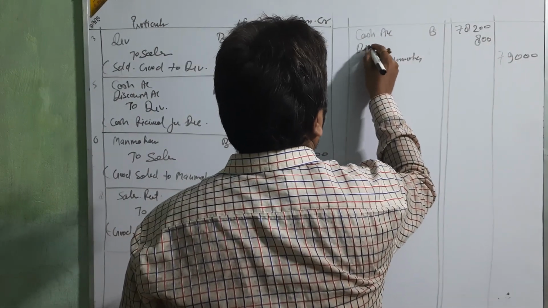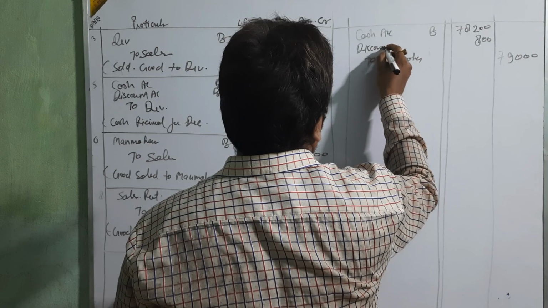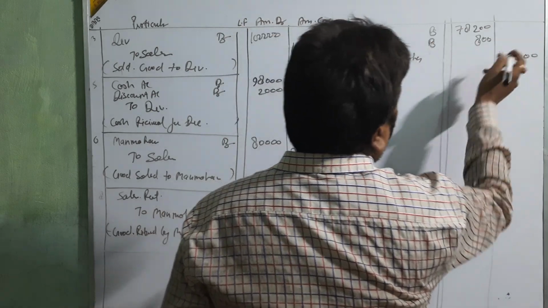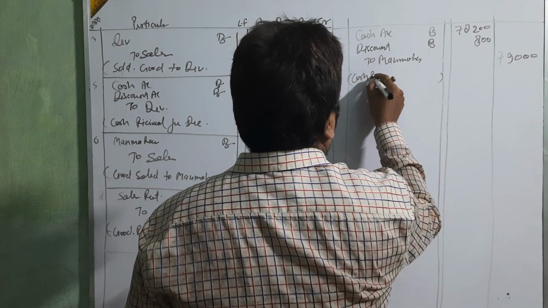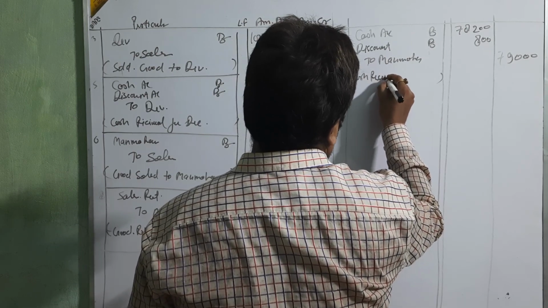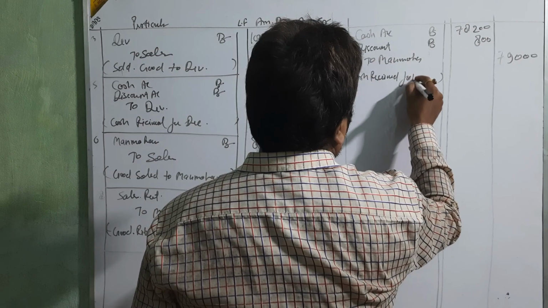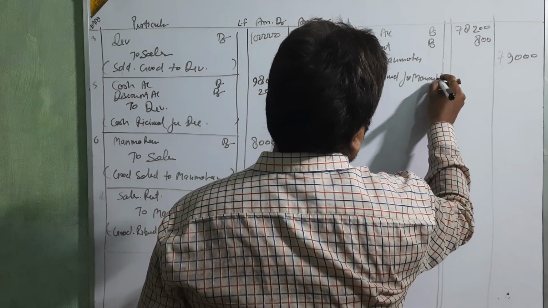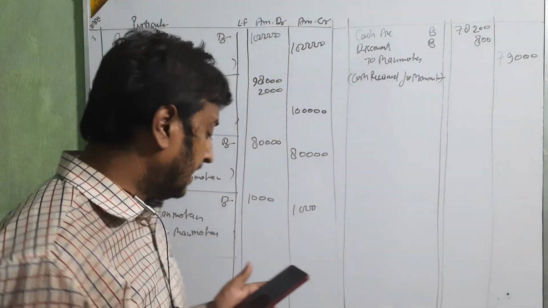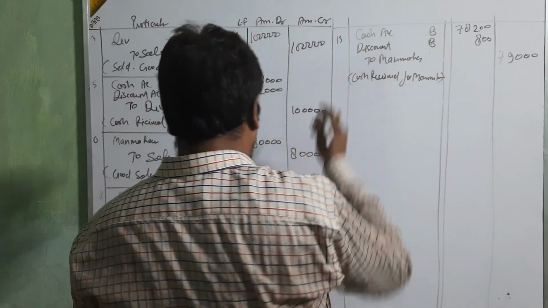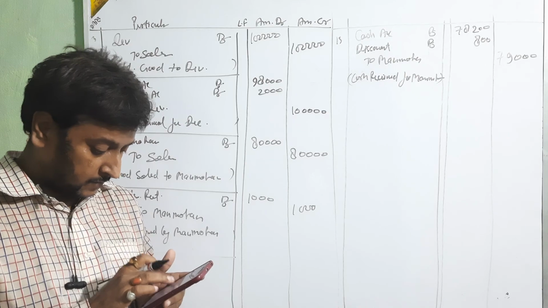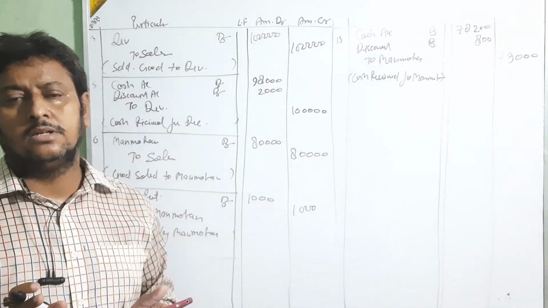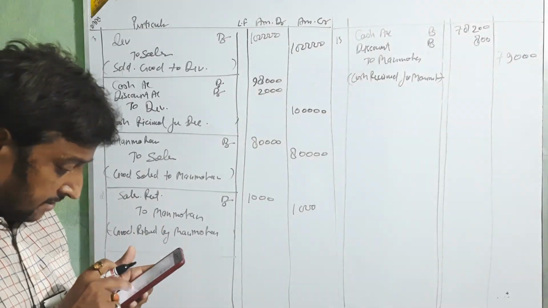It means discount debit, the amount of 800. Okay, cash received from Manmohan. Clear beta? It's date 15. Clear or not? Clear? Next,